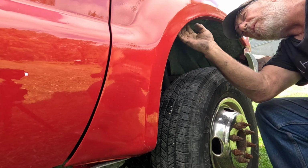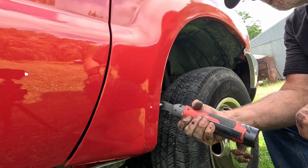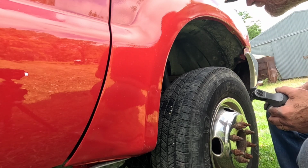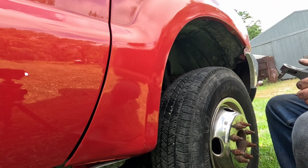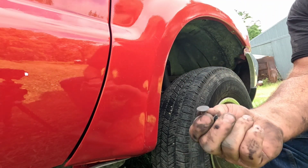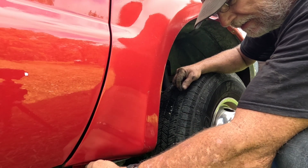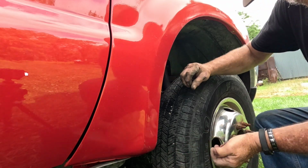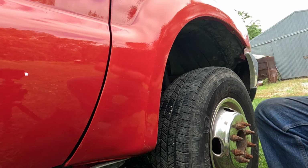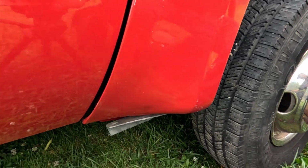I don't know that there was a clip in that one hole. But we got that up in there. I just got to get a 10mm and tighten that. And then here on the bottom at the back, I've got 2 of these burr clips to go in down here, so I have to lay down to put those in. But let me go get the 10mm and I'll tighten that one up. Then I'll lay on the ground and put the things up in the bottom of the fender down here, and